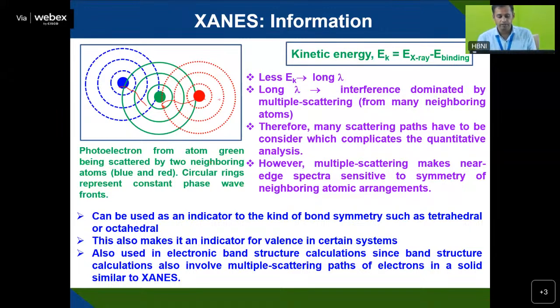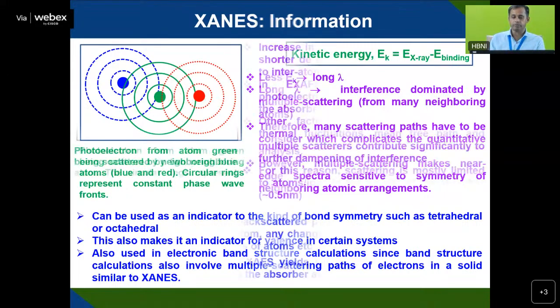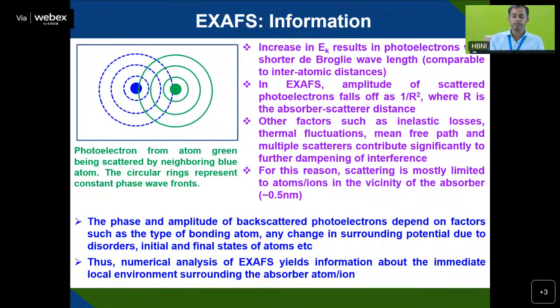However, multiple scattering makes near-edge spectra sensitive to the symmetry or neighboring atom arrangement. With multiple atoms there, you can see how they are interacting with each other, and it can be used as an indicator of bond symmetry, such as tetrahedral and octahedral geometry, and also as an indicator of valency in certain systems. It can also be used for electronic band structure calculations, since band structure calculation also involves multiple scattering of electrons. So you can get information about band structure, symmetry, and oxidation state by using XANES. In the case of EXAFS, you will get information